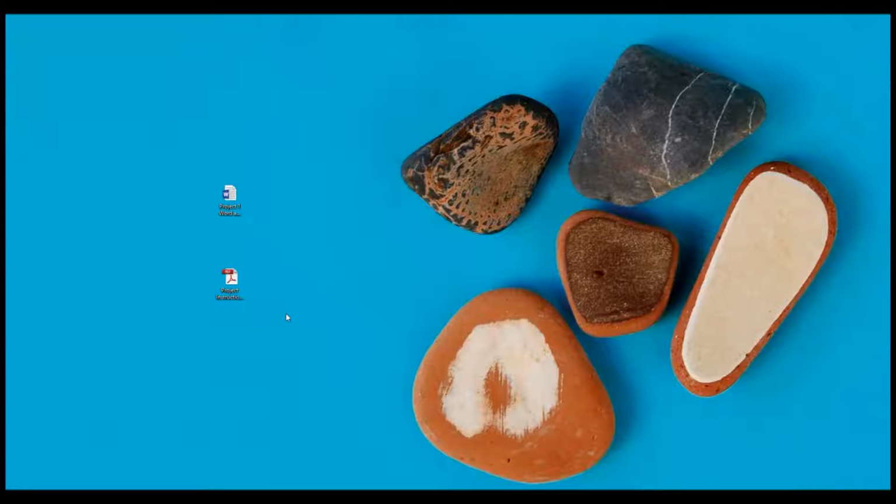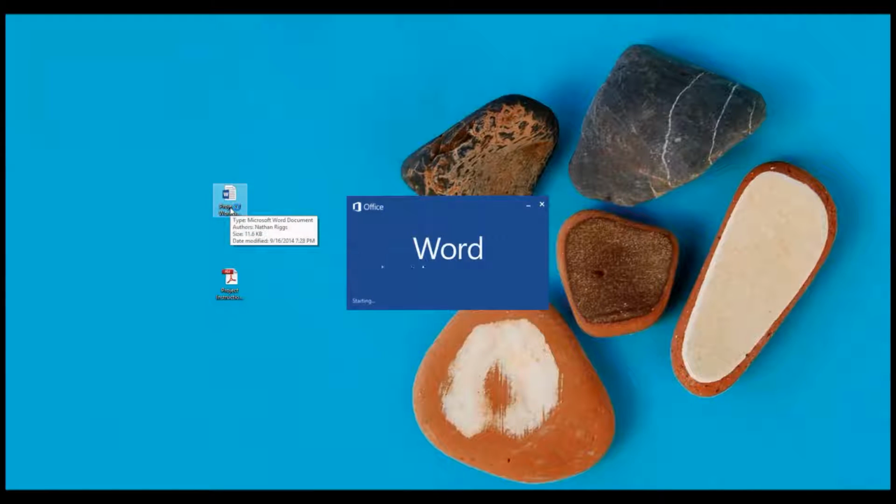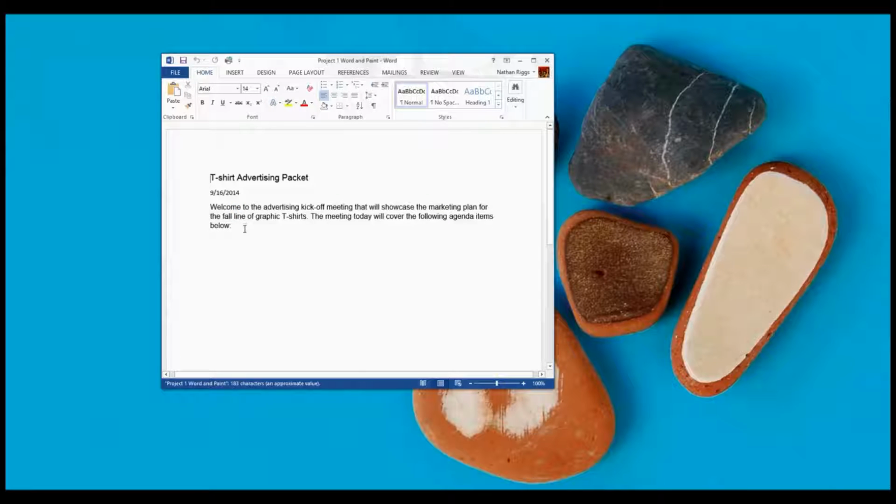Let's begin Lesson 4. Start by double-clicking on your Project 1 Word and Paint document. Let's place your cursor at the very end of your document, after the word below. Press enter once. Type the word agenda in. Then highlight the word agenda and bold it. Go ahead and click your cursor right after agenda, and let's press bold again so that we don't bold the rest of the document. Press enter one time, and then go ahead and type the following items: